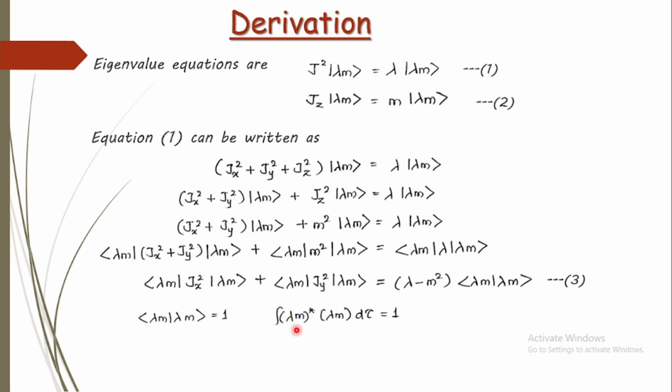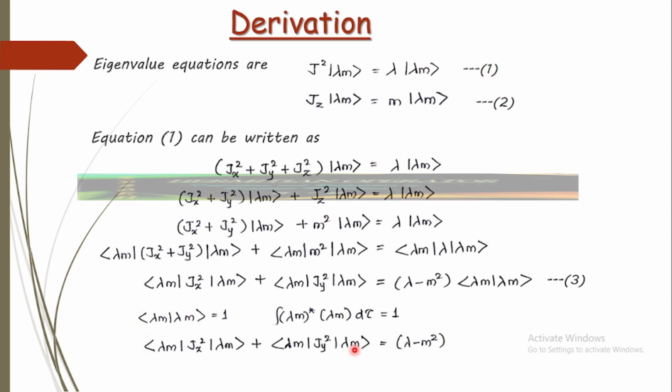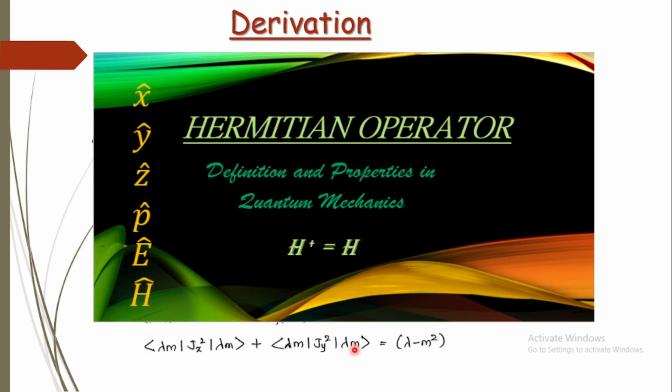So this lambda m itself is the eigenfunction we considered in equations 1 and 2. Now if we substitute it back in equation 3, we can write it like this, where the last part is equal to 1, so the RHS will be just lambda minus m square. And we know that jx square and jy square, or in general jx and jy, are both Hermitian operators, and we have studied the properties of Hermitian operators, and we know that their eigenvalues must be